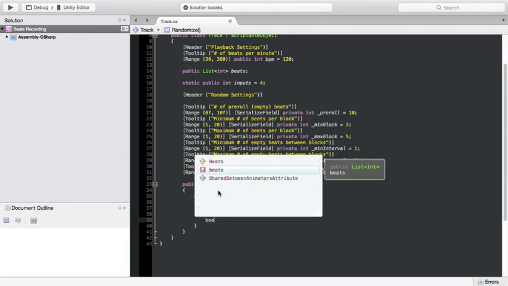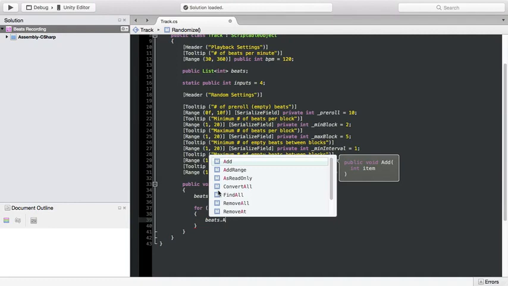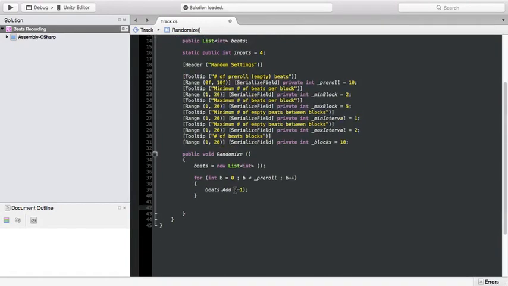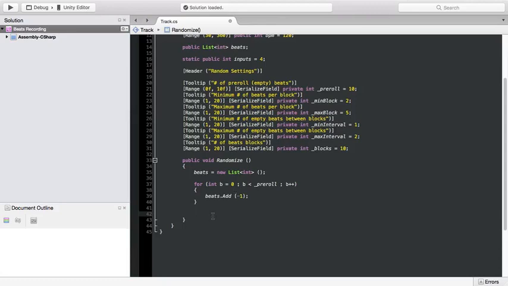Then I'm doing beats add, because it's a list, so it's very simple. And then I'm going to say beats add -1. So this is going to add the -1 data that I want to save for the empty beats, and then we'll see later how we can handle this. Now what I want to also do is then say for,